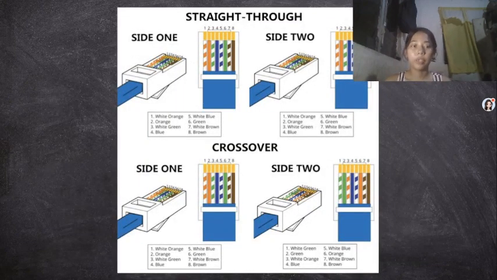So RJ45 has two wiring types. We have straight through and crossover. So straight through is when